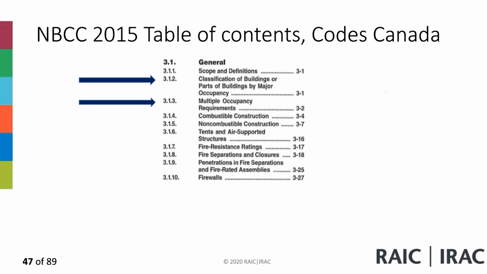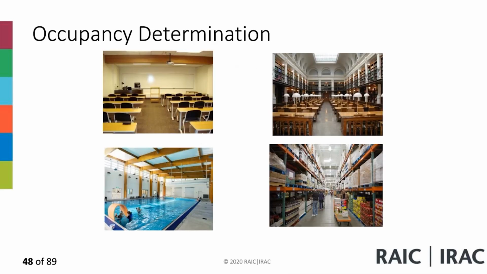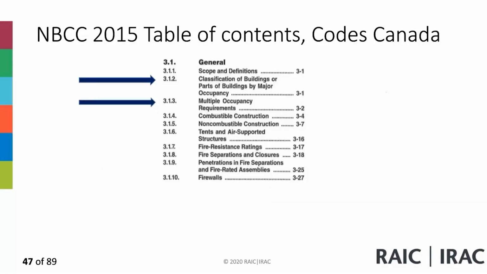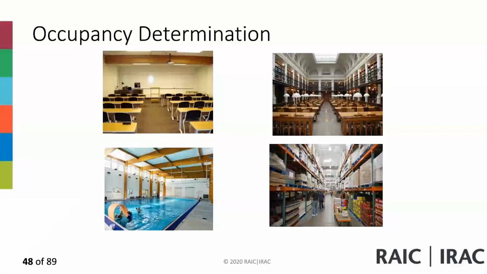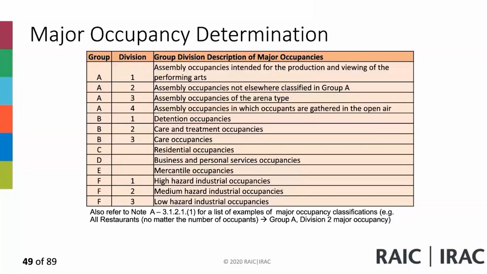So, classification of buildings and parts of buildings. Oh, okay. First of all, let's take a look at occupancy determination. In occupancy, they can be a church, it can be a classroom, educational, it could be a warehouse, it could be a store, a retail store, it could be a pool. So all the occupancies are defined and subdivided into different major occupancies, and these are defined in this table,